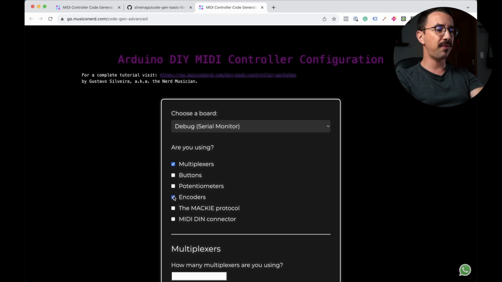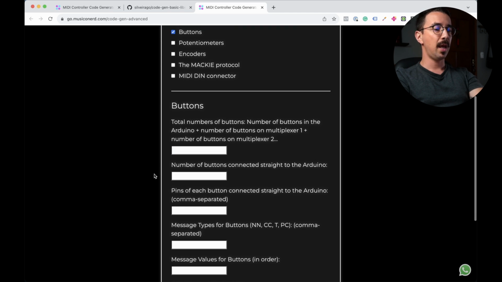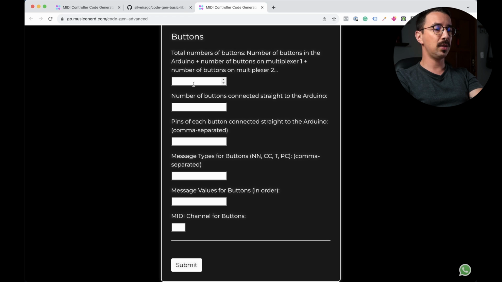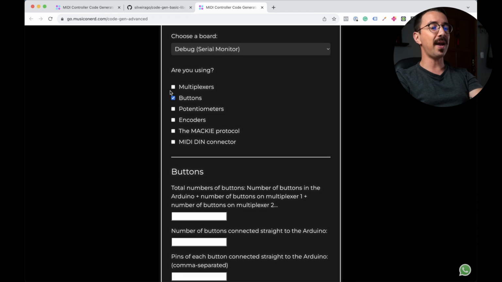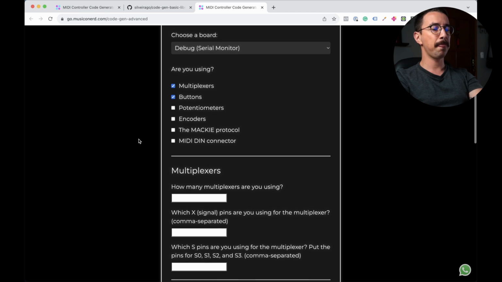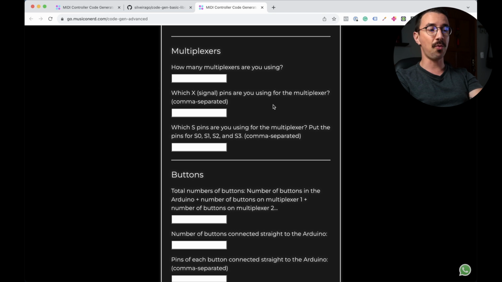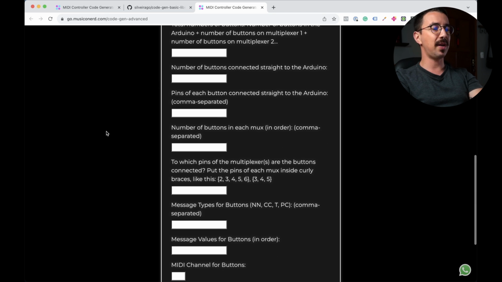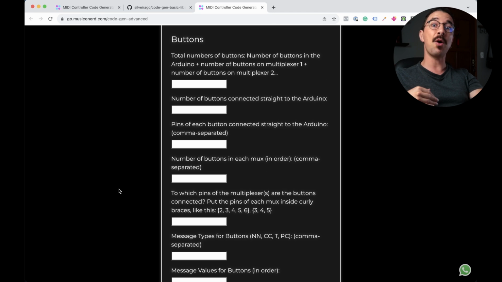I'm going to activate my buttons, and you can see that we have 1, 2, 3, 4, 5 big slots. And if I add the multiplexer option, now besides the multiplexer configuration, we also have 1, 2, 3, 4, 5, 6, 7 options, because now we can also configure where those buttons are in the multiplexers.